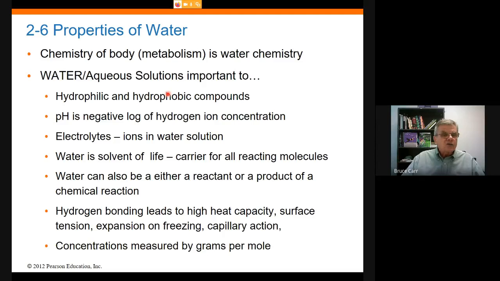Oil, wax, waxes, oils, membranes, all of the fats are all hydrophobic compounds because they lack the polar nature. Water has a pH property because of the presence of hydrogen ion, and because pH is a great reactive characteristic